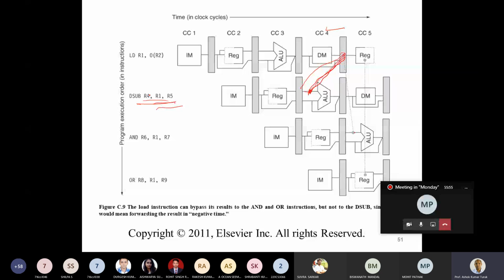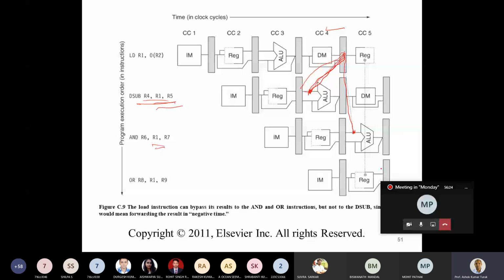Now let's look at the add instruction. The add instruction needs the value at the beginning of clock cycle 5, and the value of R1 is already available in the pipeline register at clock cycle 4. So you can do a forwarding and avoid a stall. The AND and OR instructions are fine, it's always possible, there's no need to stall, so it can reach at clock cycle 5. So what we can conclude is that by means of forwarding,